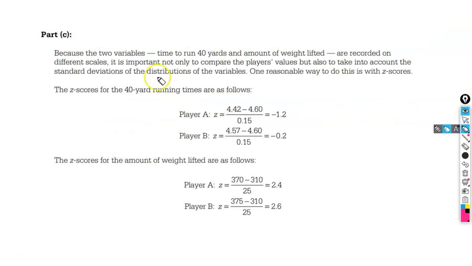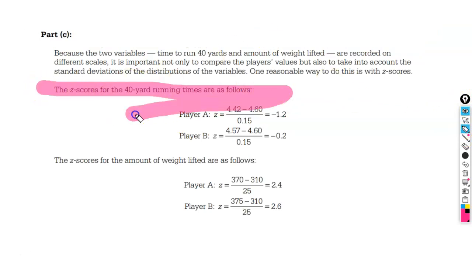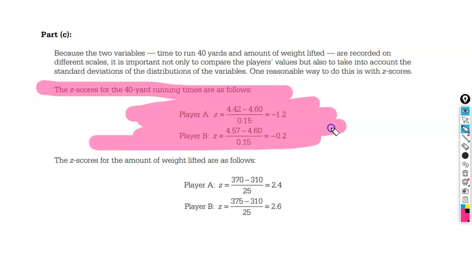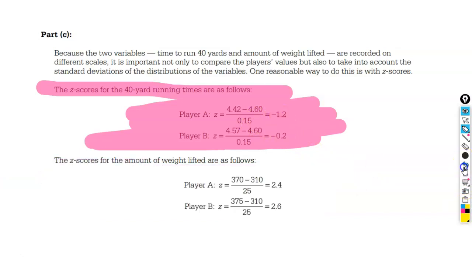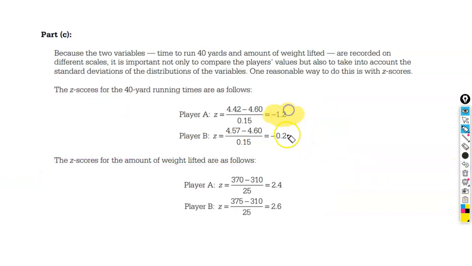Well, here's what you should have done. You should have found that. Remember, it's hard to compare data unless you find the z-scores. Okay, so the z-score for 40-yard dash. Oh, good, I made it so you can't read it. That's great. For 40-yard dash, player A is 1.2 standard deviations below the norm, which is